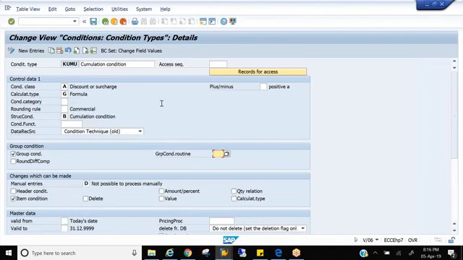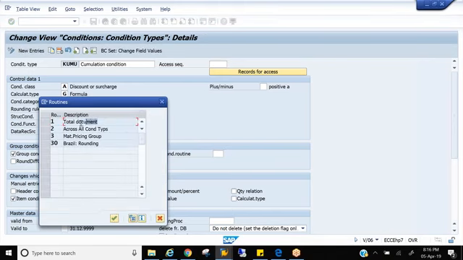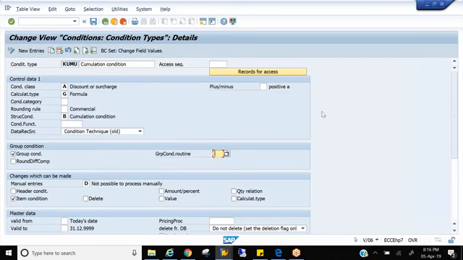So one very important logic here is, we just discussed total document. See, there is an option called total document here. What kind of discounts are applicable for the total document, irrespective of the number of line items? What kind of discounts? Header conditions. Right? Header discounts apply to the total document irrespective of the number of line items. So if you want to offer a discount on the total document, then you should go for header.